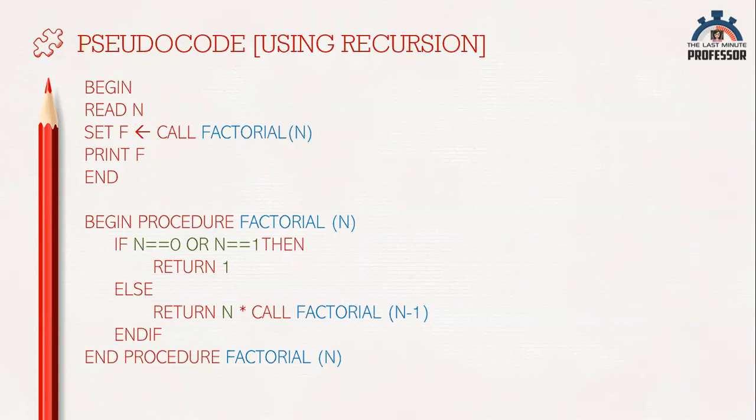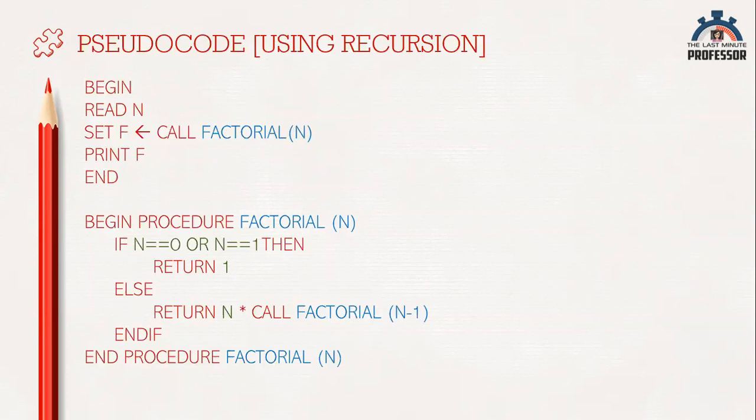Now, what is this factorial of n? Let us explain the procedure. Assuming n value given by user as non-negative, if n value is either 0 or 1, return the answer as 1. This is also known as base case. Else, that is, if n value is greater than 1, return the answer as n into, repeat the same procedure to find n minus 1 factorial. This line where we call the same function again is known as recursive case.